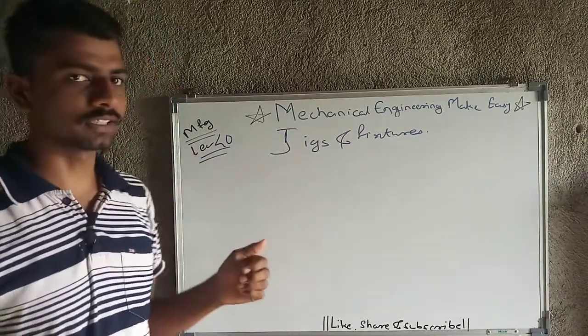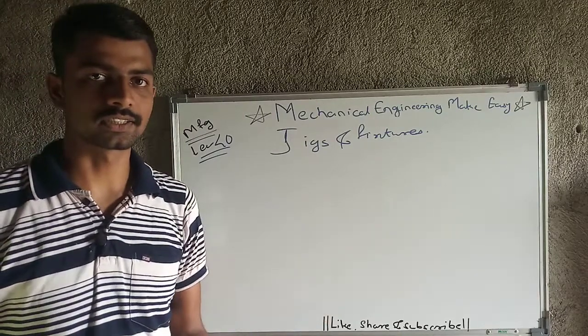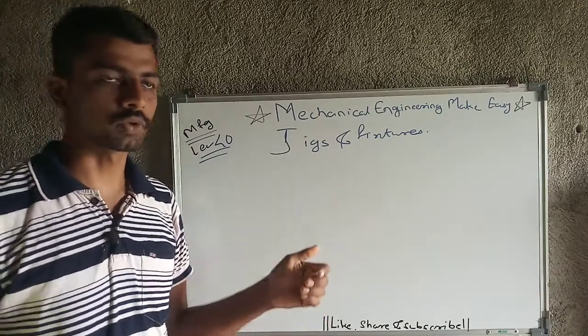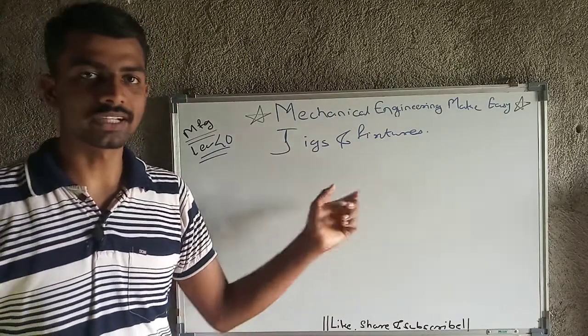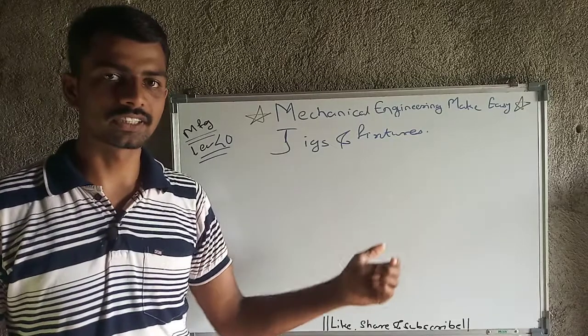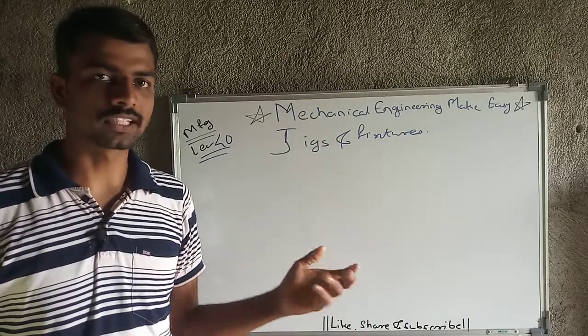This is the 40th lecture, and up to the previous 7 to 8 lectures I have covered advanced manufacturing processes, and now I am going to move on to jigs and fixtures. So what are jigs and fixtures? Jigs and fixtures are nothing but work and tool holding and guiding devices used to increase the production rate and